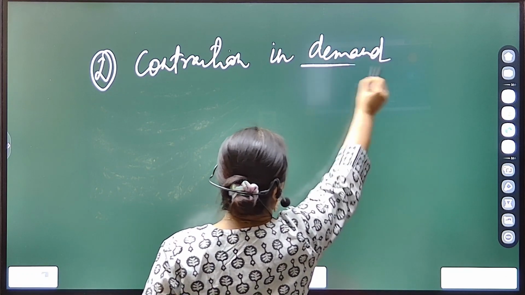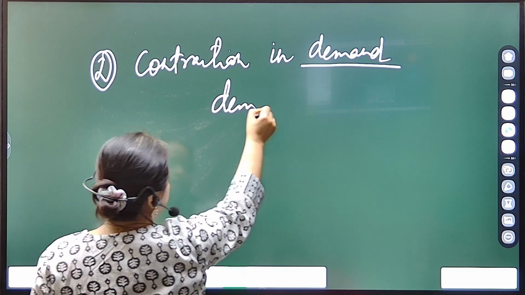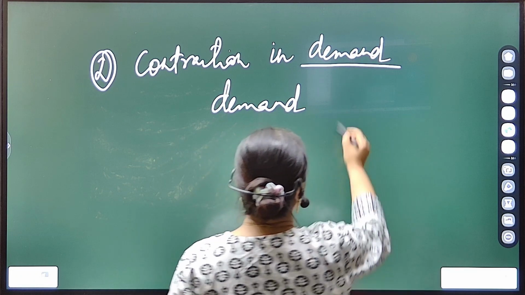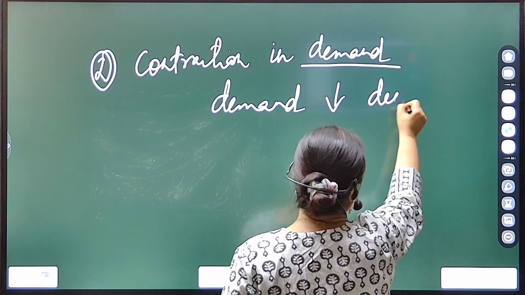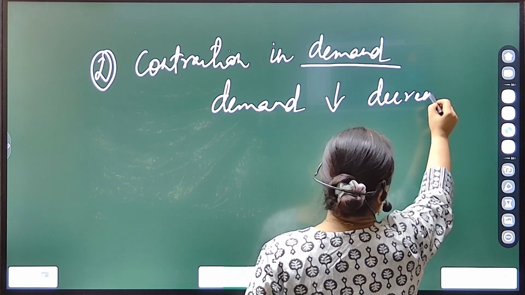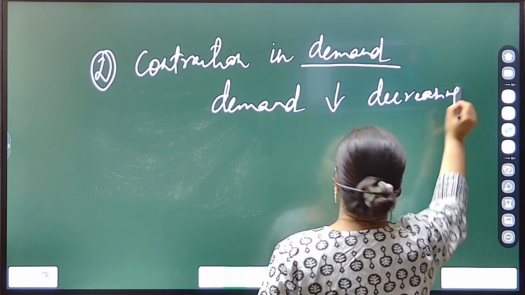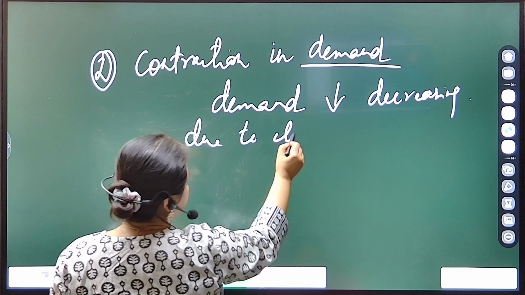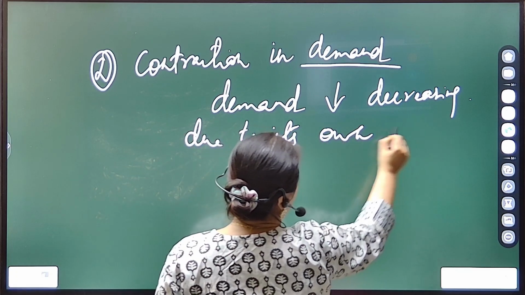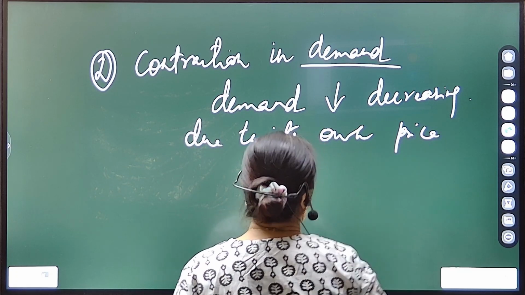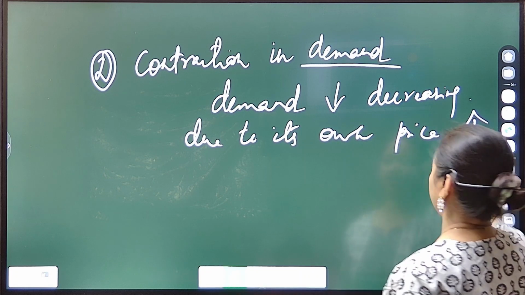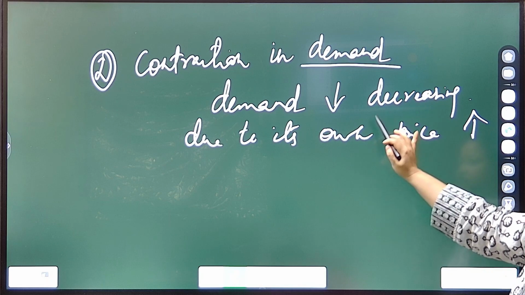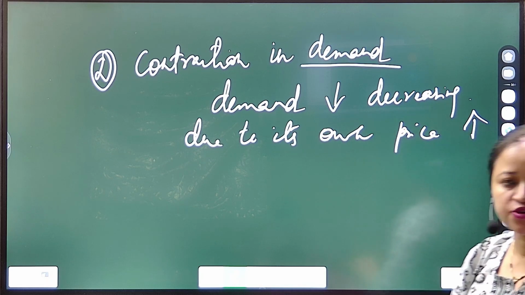So here, contraction means demand is contracted. That means demand is decreasing. Why? Due to its own price. Okay, so here price is increasing. So when own price is increasing and due to that demand is decreasing, so that is the case of your